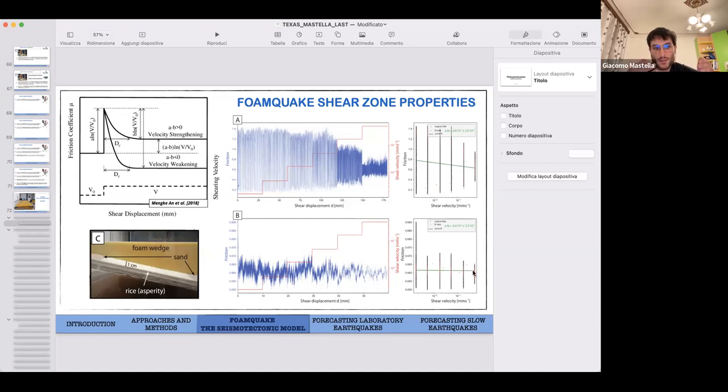So within the sand, if you ideally perform one experiment with only the sand above the analog megathrust, you will not create any instabilities. So you cannot accumulate stress at the contact between the foam rubber wedge and the sand. There will be a sort of continuous creep. So within the sand, you don't nucleate any instabilities. That's cool, it's interesting. Yeah.